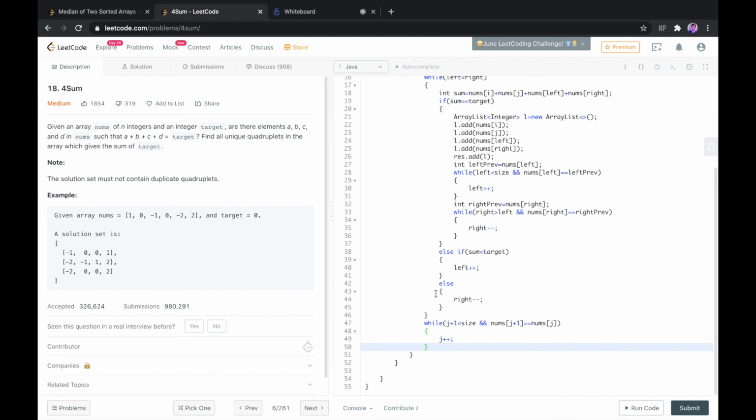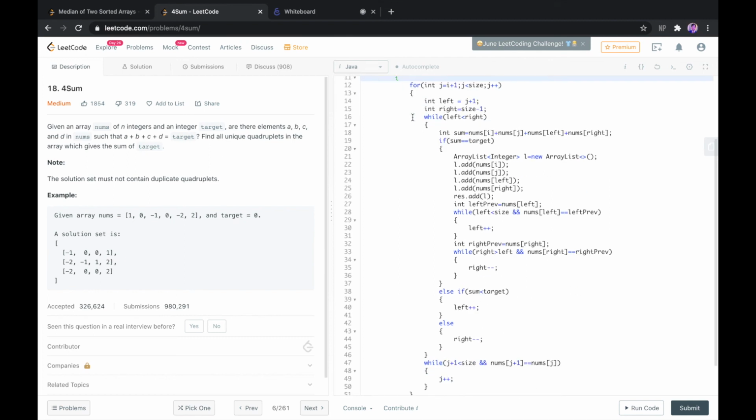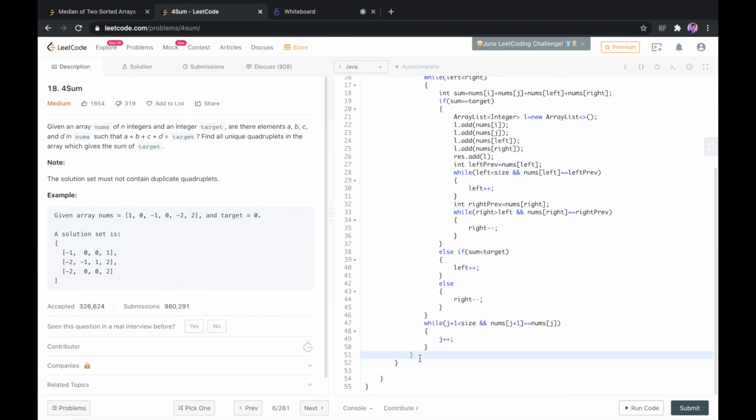Now if j is done, we need to check for redundancy in i. It's the same thing that we did here, just replacing i for that.